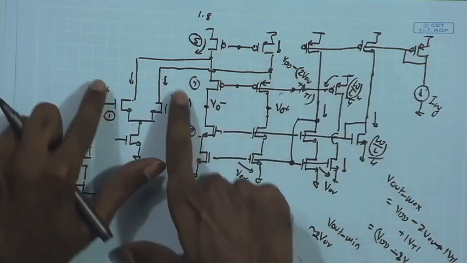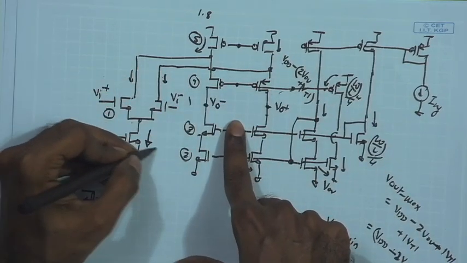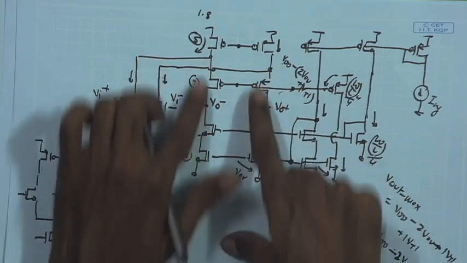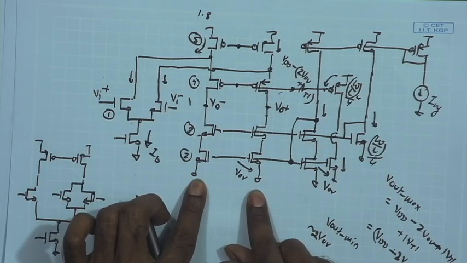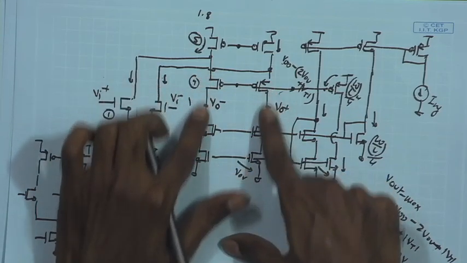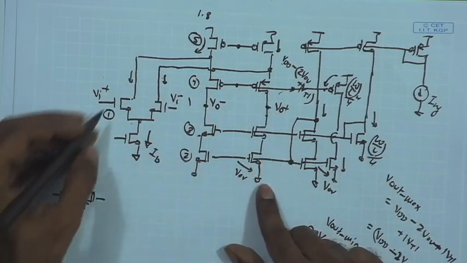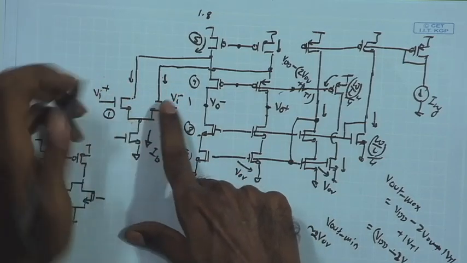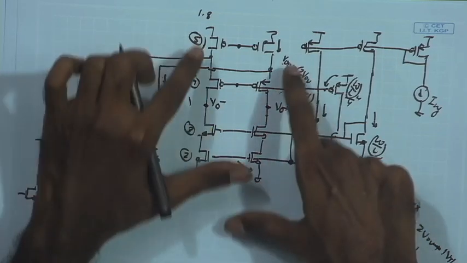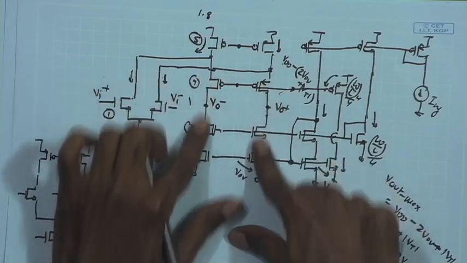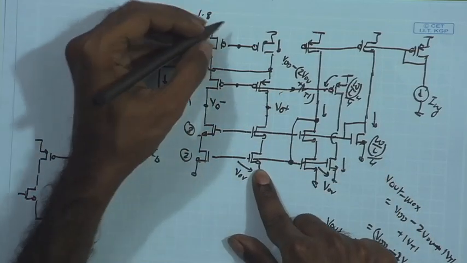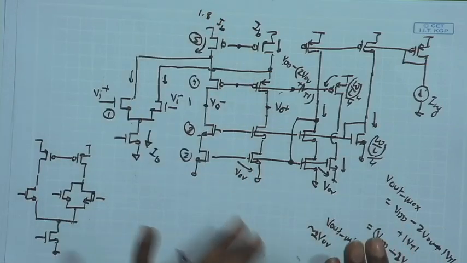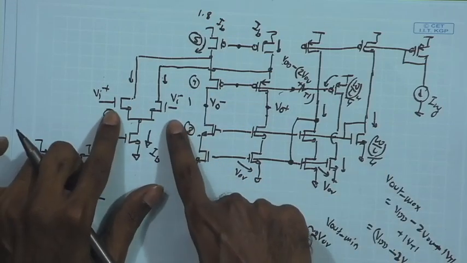So, if you are having the total bias current I bias provided by this MOSFET, and suppose the total bias current in the stack is also I bias, each of them is also having I bias by 2. So, in this case, under DC condition, both of these input devices are assumed to have I bias by 2, and assume that you have the same I bias by 2 in the two stacks. Therefore, under DC condition, I would like to have I bias in these two MOSFETs also,